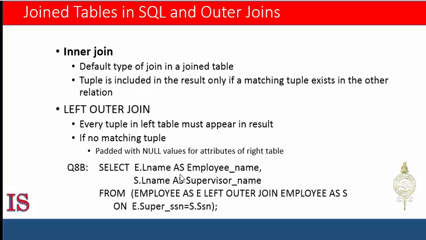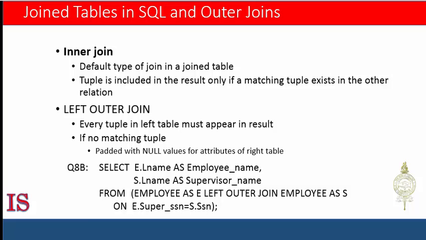Select the attributes in the various aliases from (employee as E, left outer join employee as S on E.super_SSN equal S.SSN). Employee as E, left outer join. There are your key phrases. Left outer join. That left outer join means that every tuple in the left table must appear in the result. So if there is no matching tuple, it is padded with